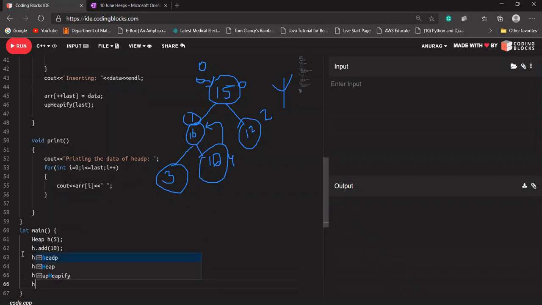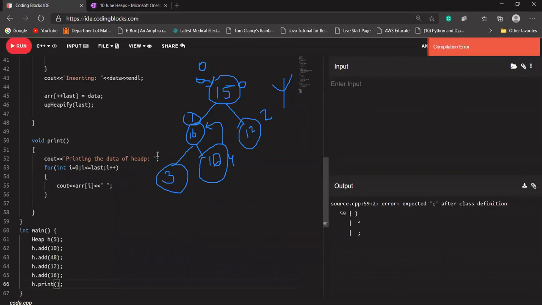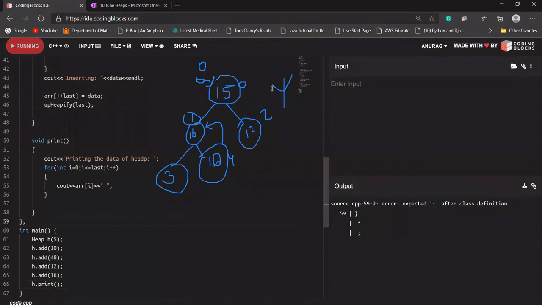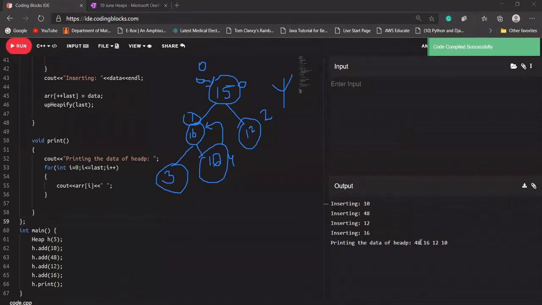Let's try to print our heap and see whether we are getting our output correct or not. Okay, I've not used any semicolon here. Okay, 48, 16, 12, and 10.